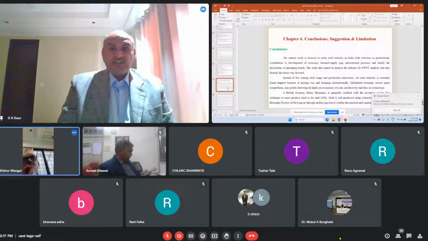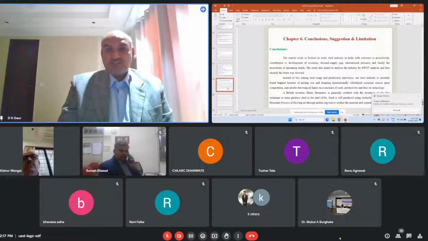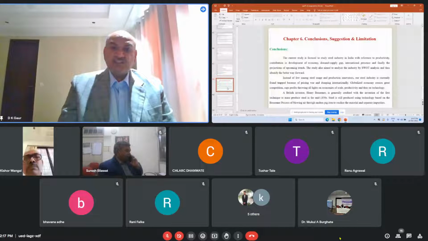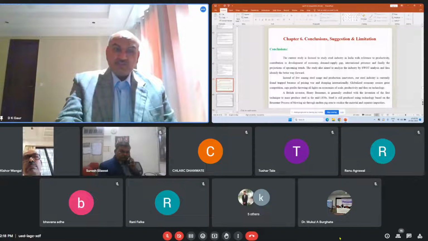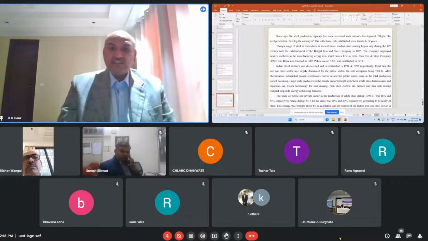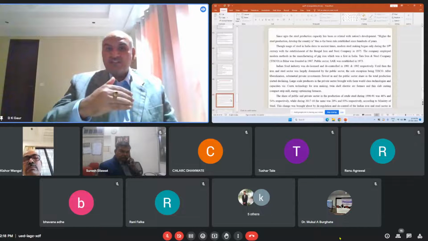So the current study was focused on studying the industry in India with reference to productivity, contribution in development of the economy, demand supply gap, and SWOT analysis. So thus identify the better way forward. Our steel industry is currently facing a pricing war, and the globalized economy creates great competition. The steel industry was